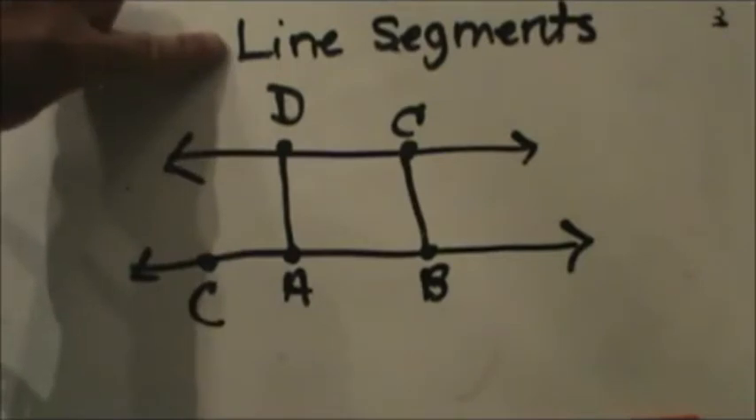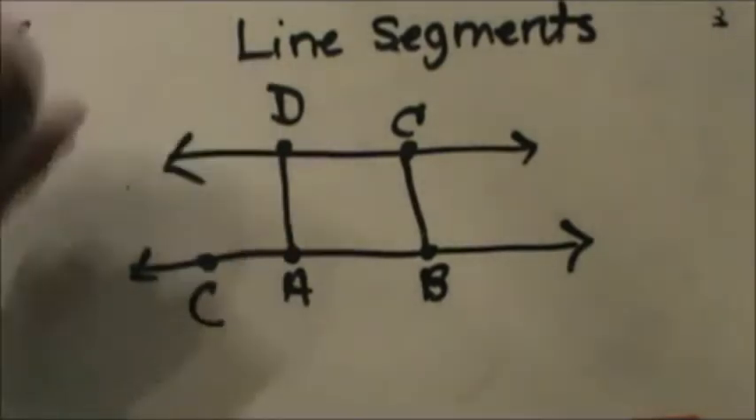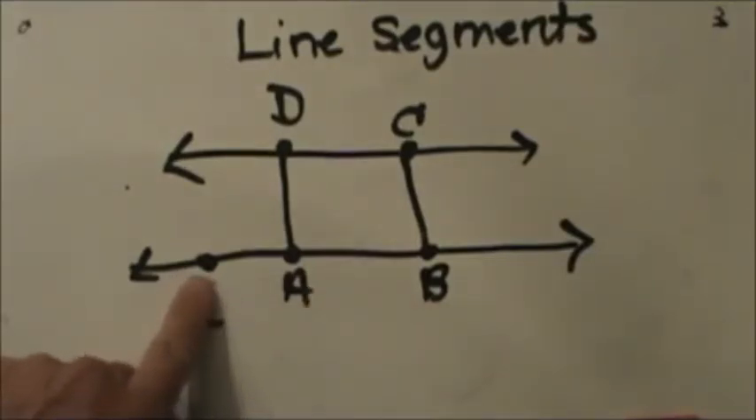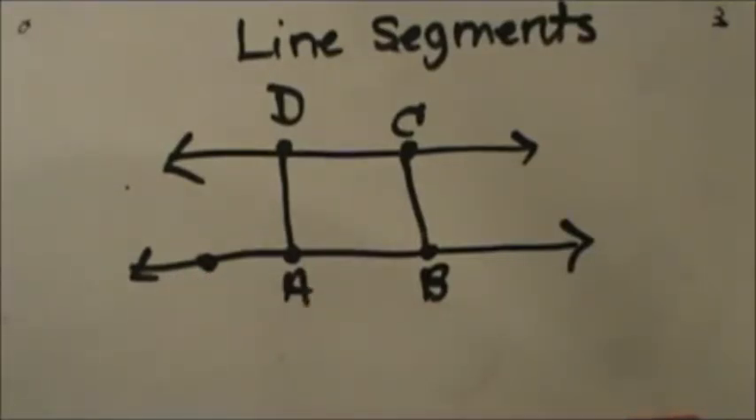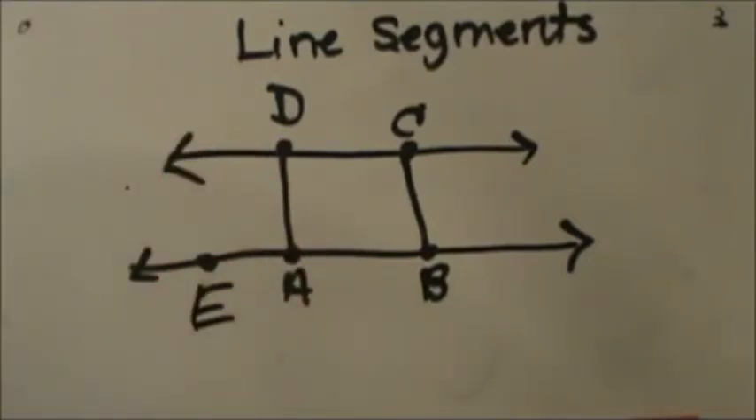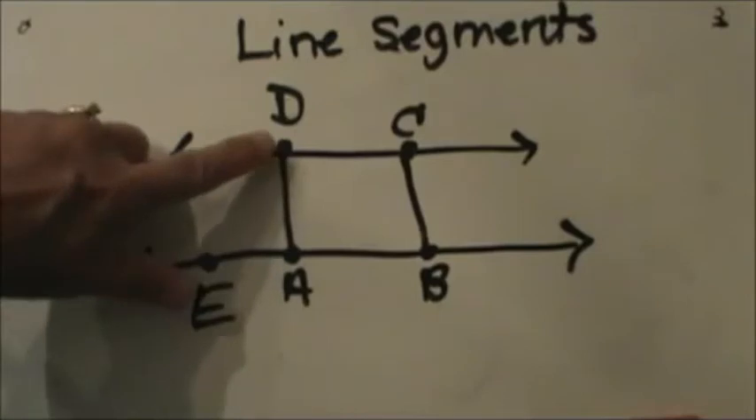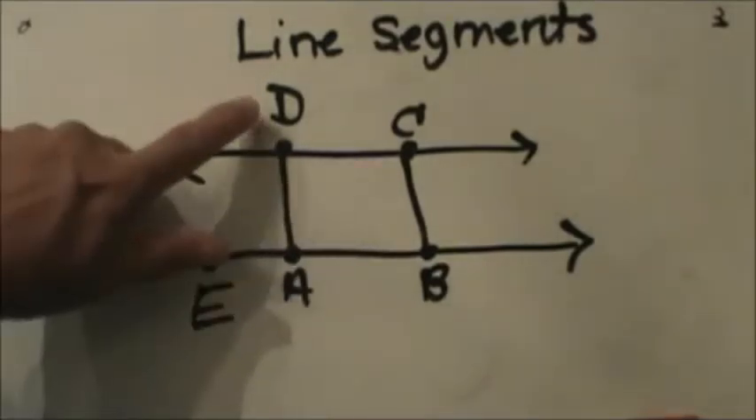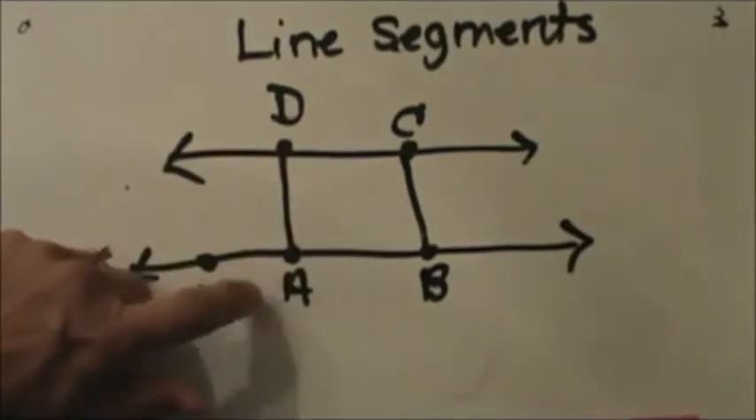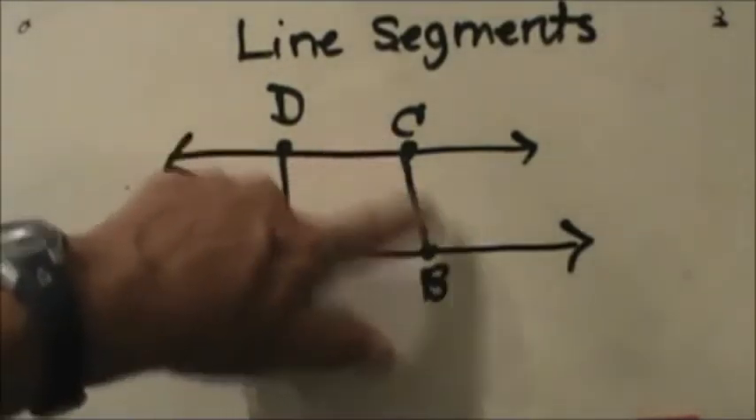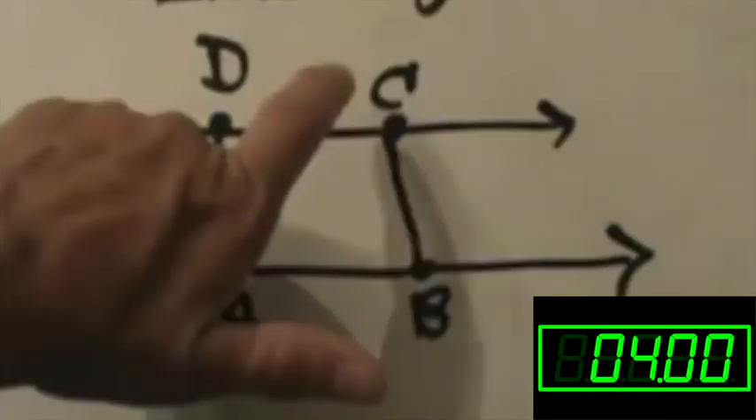Today we're going to look at naming line segments. Okay, I've got a drawing up here. It's got A, B, C, D, and let's add an E down here. We've got 5 points. Let's say I want to name this segment. To name this segment, I can either name it DA or AD. This segment would be named, you can take a guess,